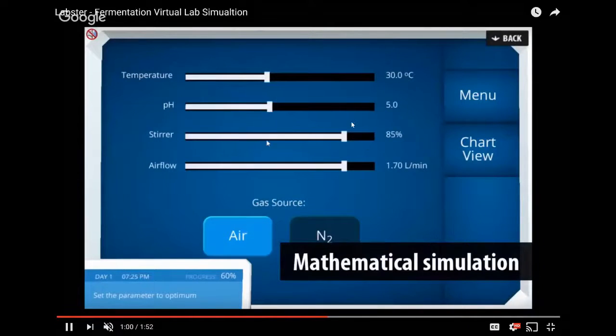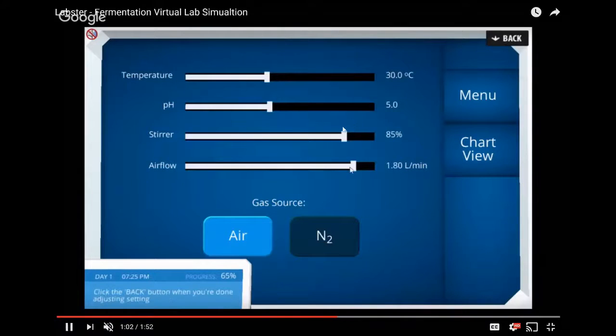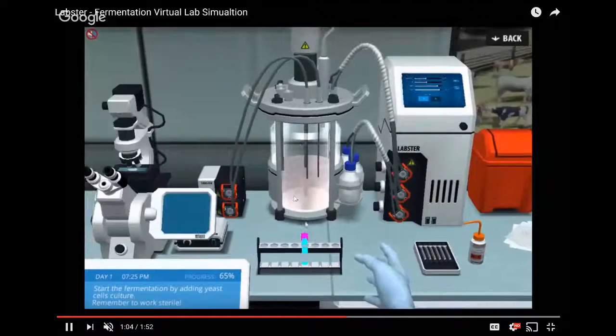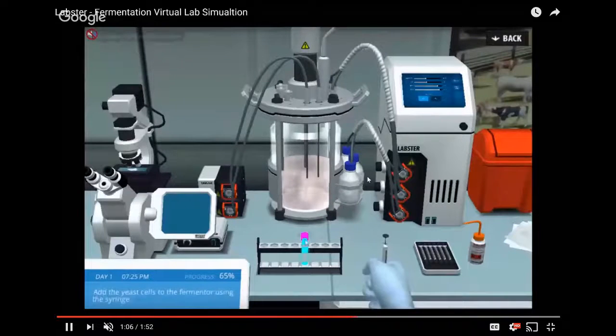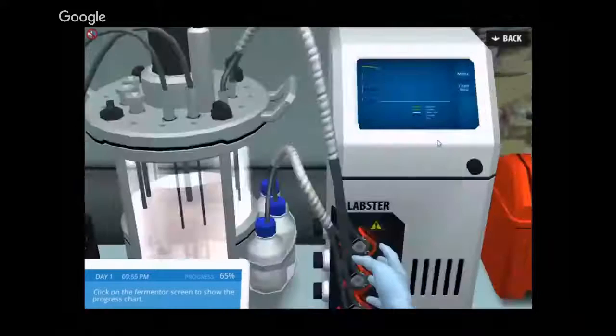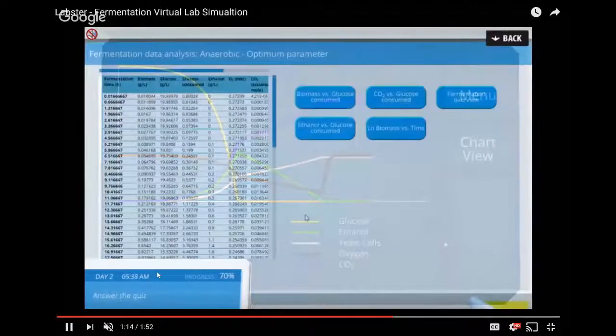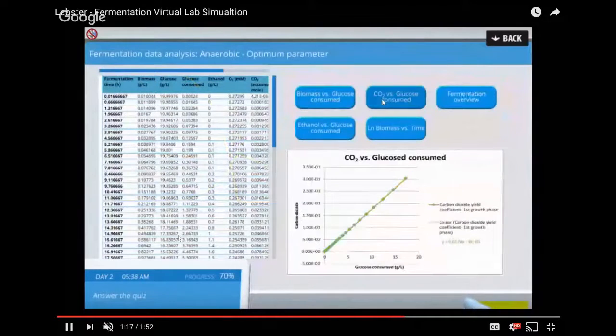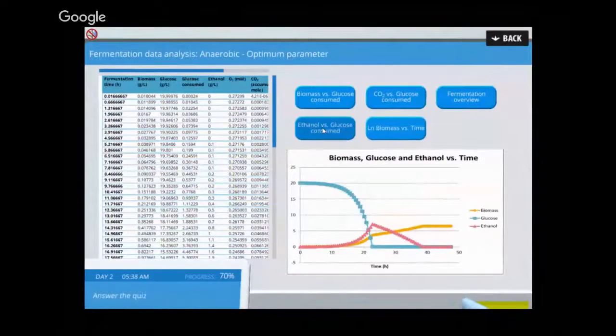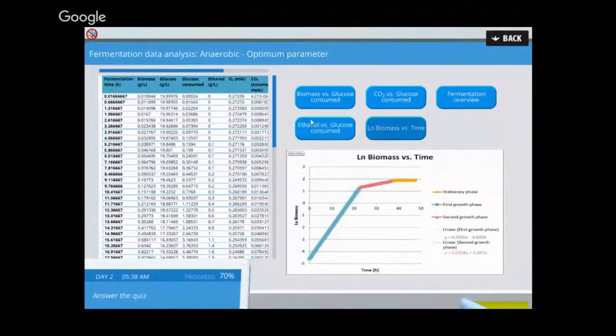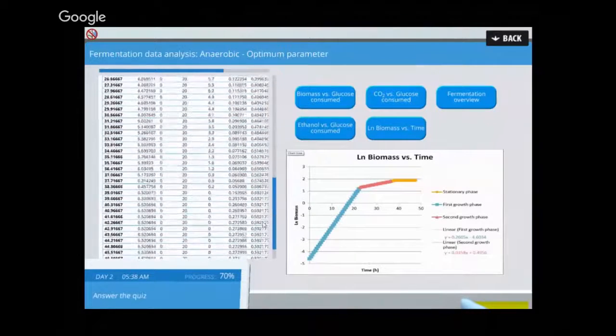Here the students can set up the machines just like they would like to have it, and then they can run the experiments that can take several days, for instance, and see the results instantly based on the settings that they have created on that machine. And this really allows the students to experiment and get different types of results, and then based on those results make the conclusions towards the end and see whether they have fully understood and mastered the concepts.